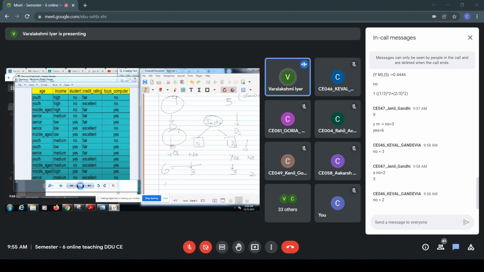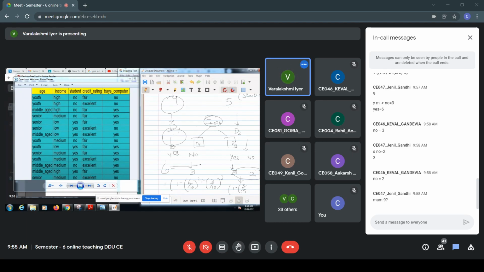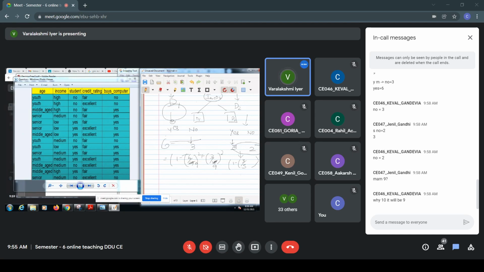So now the Gini impurity for this will be 1 minus (6 by 9 the whole square plus 3 by 9 the whole square). Sorry, 9, I'm sorry. 3 by 9, 6 by 9. And here it will be 1 minus (3 by 5 the whole square plus 2 by 5 the whole square). So these are the Gini impurities of the individual sets.